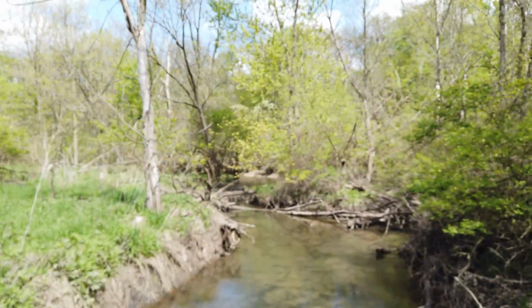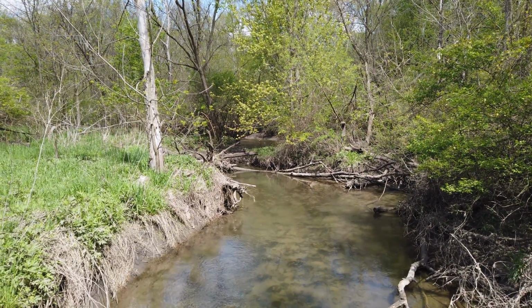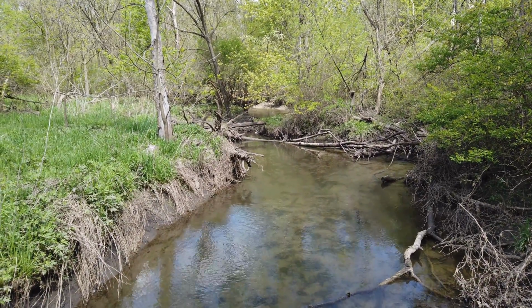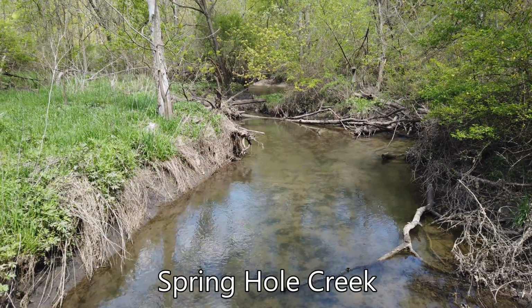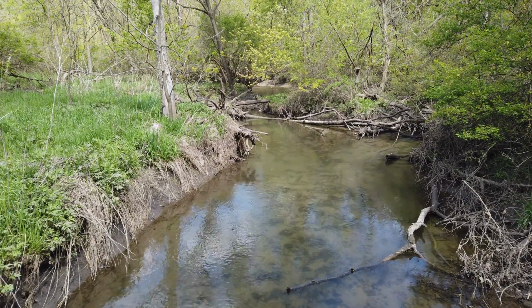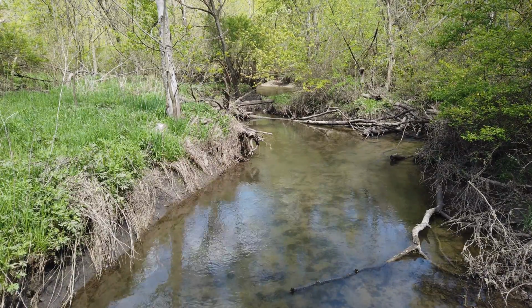Checking out this little creek here. Give you guys a spin around so you can actually see the creek. I forgot the name of the creek. I will put it right here in the video. It's a drainage, but there is water in here all of the time. The level obviously changes, but